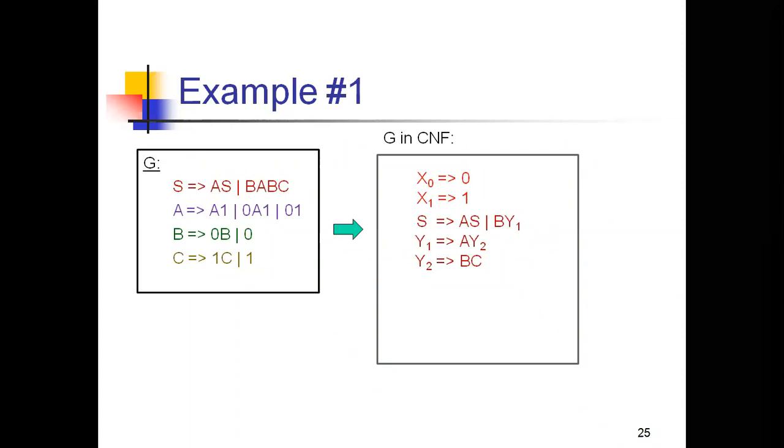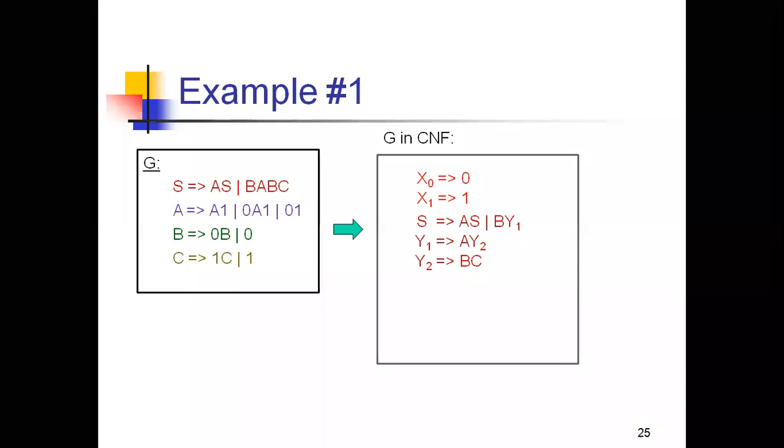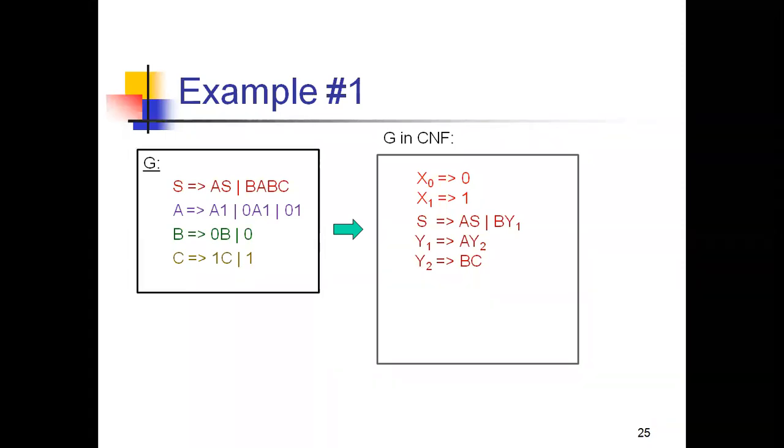To write at most two variables at the right hand side of the production, you need to introduce new variables like this, and for whichever variable you introduce, you need to write the production. If not, the variable gets dead, and introducing a new variable also becomes a useless thing. So B Y1, what is Y1? A Y2. What is Y2? BC. So finally this thing is completed.